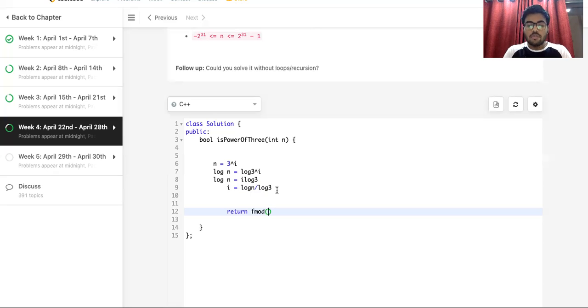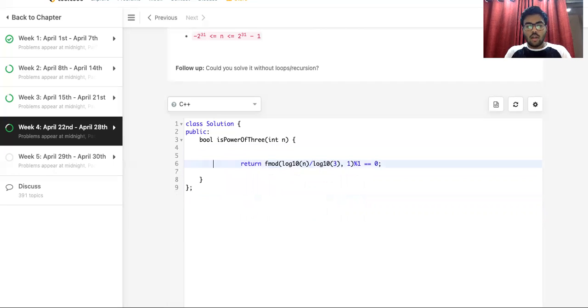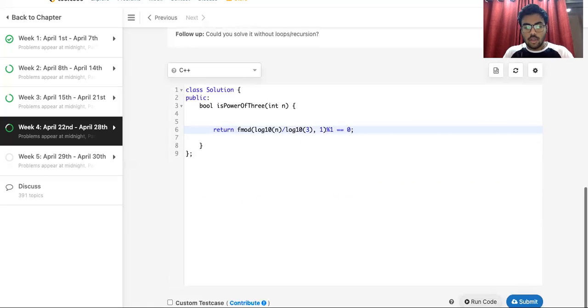So we'll be using fmod here, which takes care of handling the floating point number. So we'll be using log base 10 of n by log base 10 of 3, comma 1, equal to 0. So if this is true, then we know that our formula has been accepted.